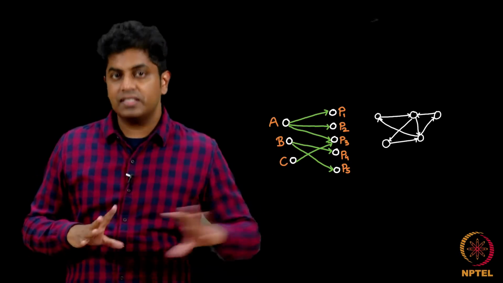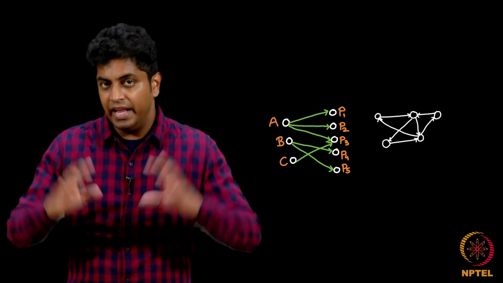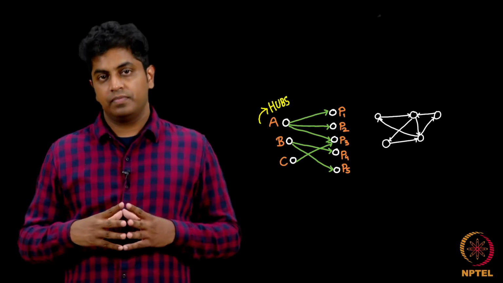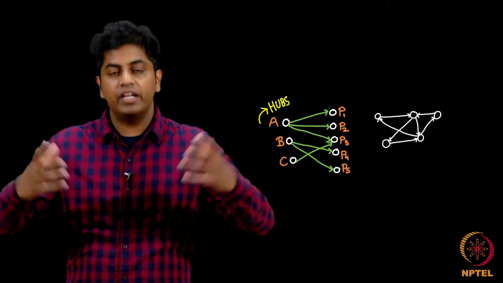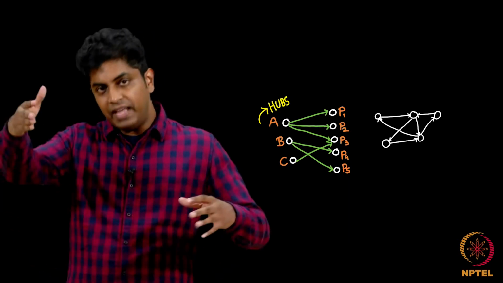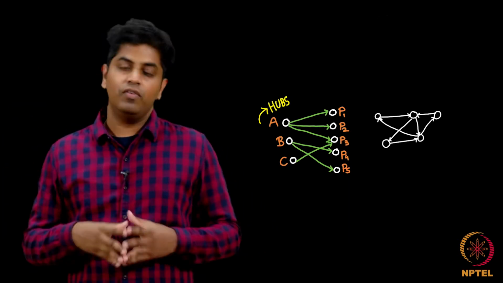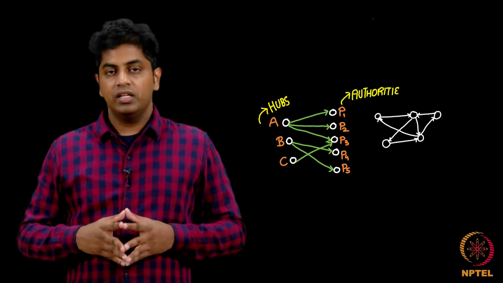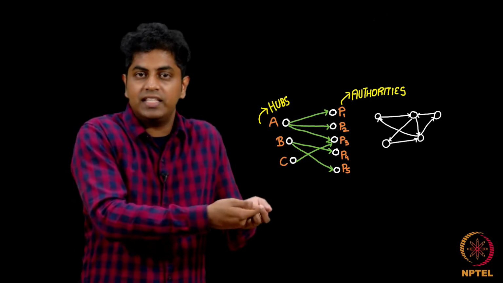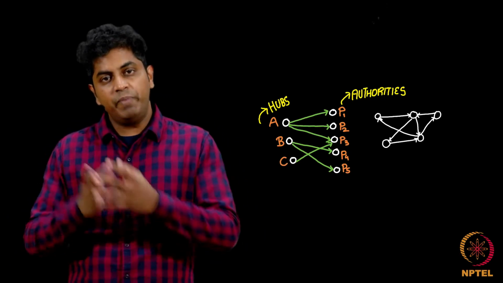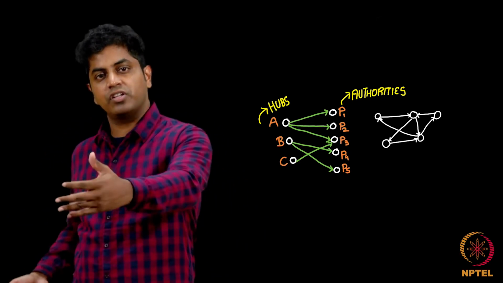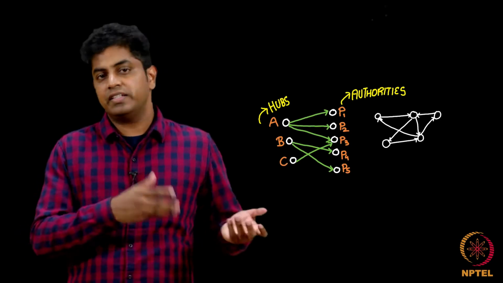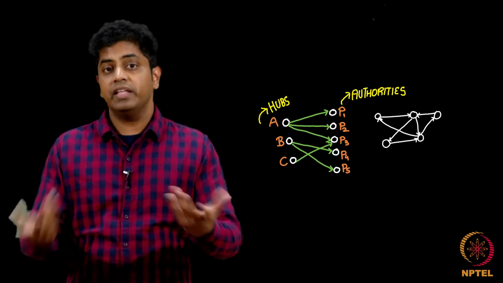A recommender, there is a standard name for it, let us call it a hub. Hub means a place where you get information, and the places themselves, P1, P2, P3, P4, P5, we will call authorities, okay. If you want some advice, you go and ask these ABCs, they point you to P1, P2, P3, P4, P5 where you have your solution. In the previous example, it was my friends recommending places to visit, it can be anything for that matter.